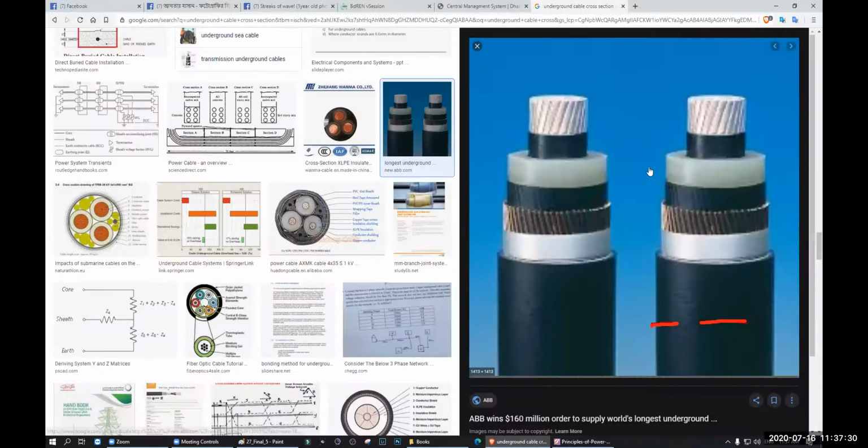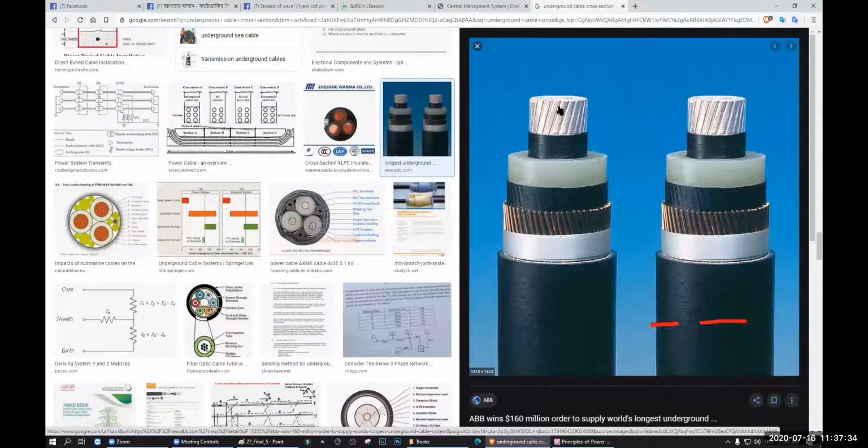Yeah, here. Can you see this? This is the conductor. Then you have some sort of plastic. Then you have the paper insulation. This is the paper and wax. Then you have bedding. This is the bedding, this black colored thing. Then you have armoring. The armoring is given for what? The armoring is given for the protection of the strength. Then you have lead. Then you have serving. Okay, understand?